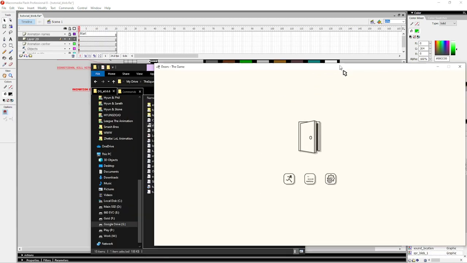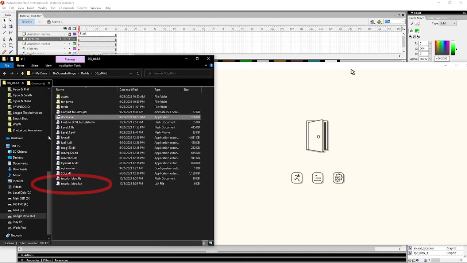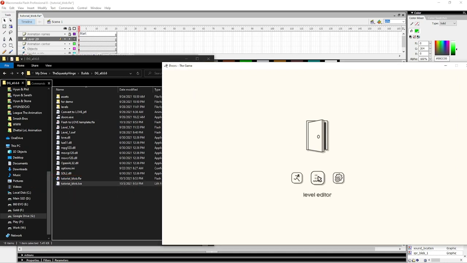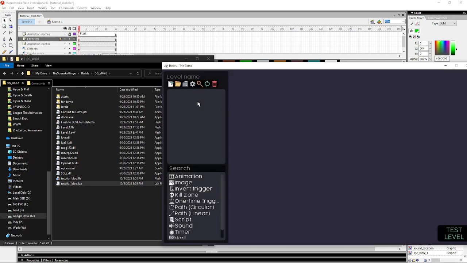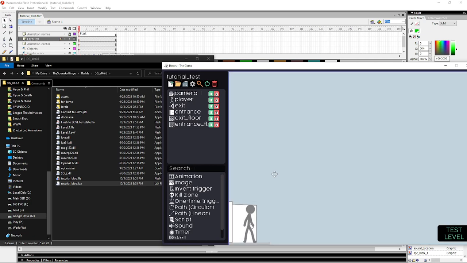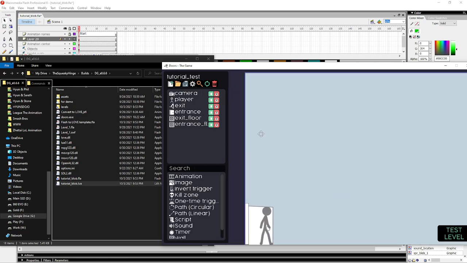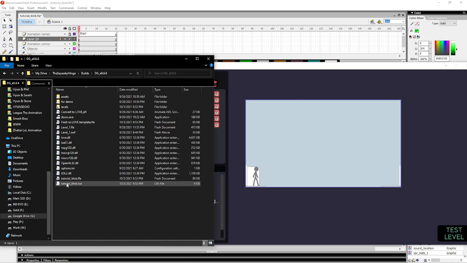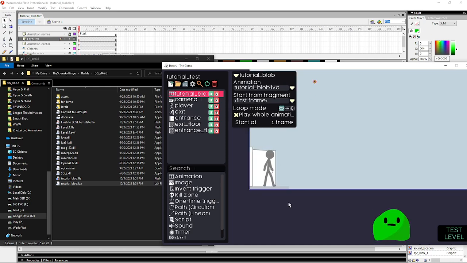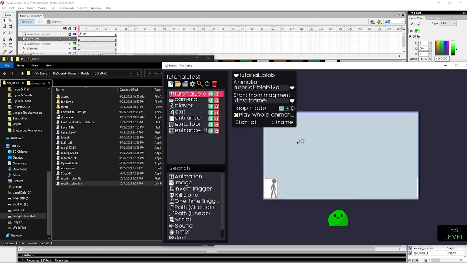Now, if it converted properly, you will see where your FLA was saved. There should be a file with the same name with a .lva file extension, and that means it successfully created the Love file that you can import. Now, I'm going to go to the level editor, and I'm just going to create a new level, and all I have to do now is take that LVA file and just drag and drop it on top of my stage, and you'll see that boom, my character has now been imported into this game with no coding,